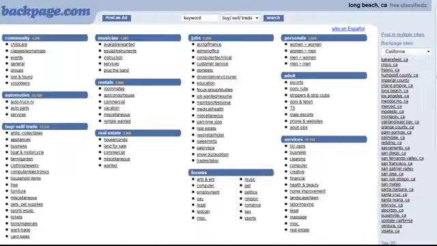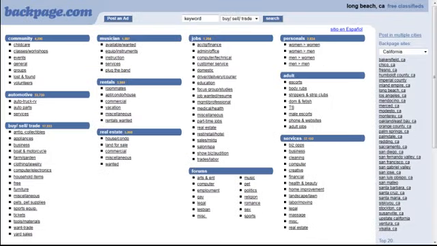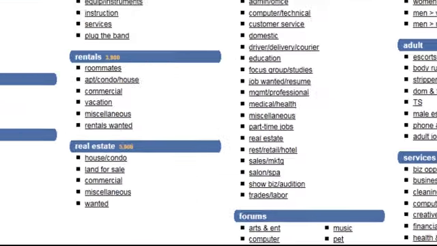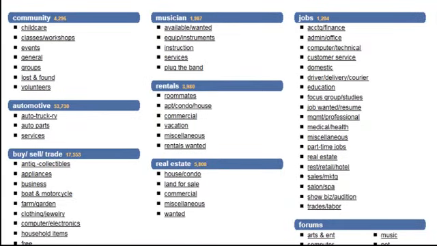Another site that's not discussed nearly as much as perhaps it should be, similar in a way to sites like Craigslist, is called Backpage.com, and here you can also advertise free classifieds. Again, it's across all different sections. There's forums, there's services, there's business opportunities. Anything you can think of pretty much can be found at Backpage.com.